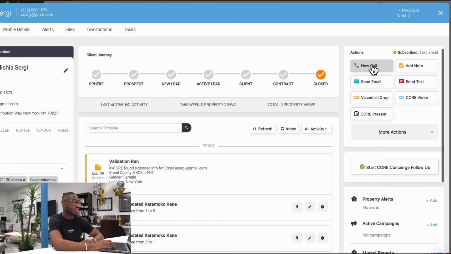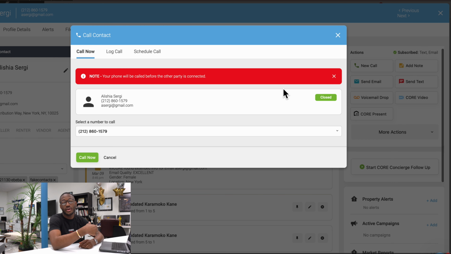So if you click on new call, this will initiate a call with that lead, and this will utilize your KvCORE smart number. Okay, so this will not be your personal number they see when they see your call. It will be this KvCORE smart number. Okay, so you can click on new call, press call now, and what this will do is it'll call your phone first, and then once you pick up your phone, it'll tell you push any button to get connected to said lead, and once you push that button, you will be connected to that lead, and then you can start